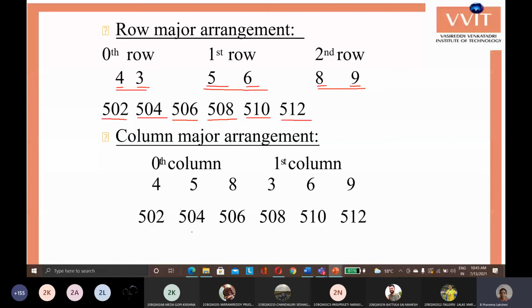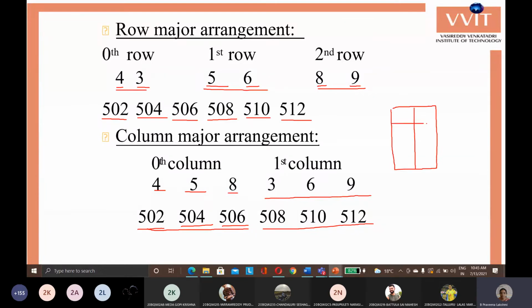That is, the column elements are stored in continuous locations, and then the next column elements are in the next continuous locations. If it is stored like that, then the first column elements will be in one continuous set of locations, and the second column elements in another continuous set of memory locations. You might think of it like this.